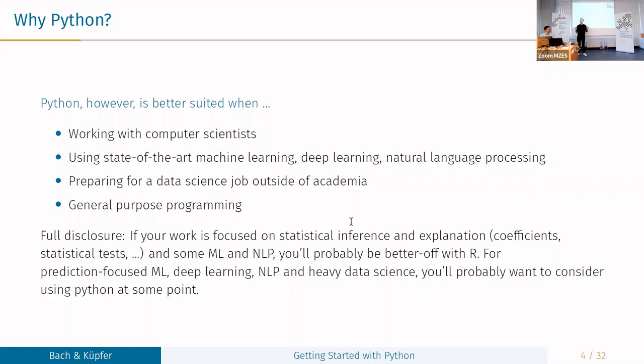If, say, you're getting your PhD and you already know, well, I want to get a job in the data science industry later on, then being fluent in Python is probably the better choice, because from our experience, Python is simply more popular out there. Why? Because all of these state-of-the-art ML models and the like are used in Python. And so Python, if you are also looking at data science jobs.